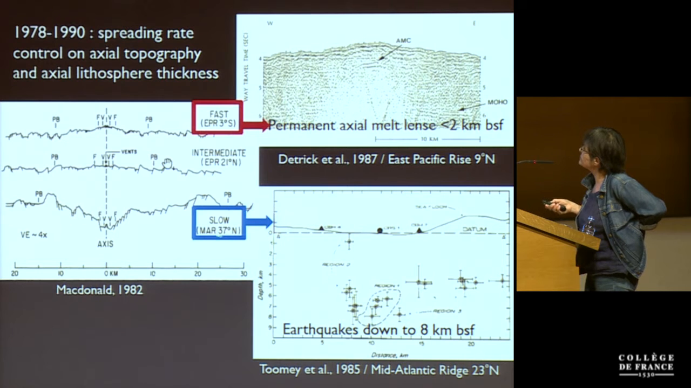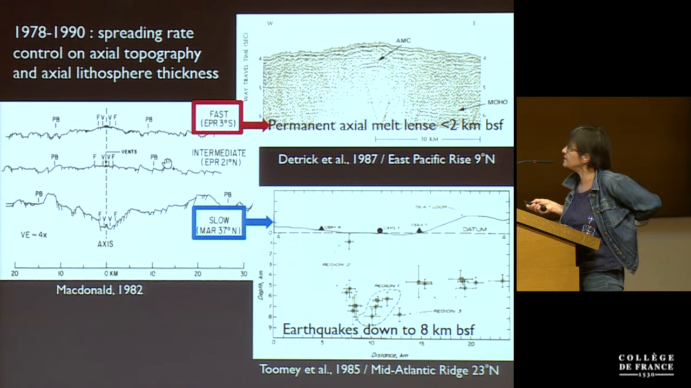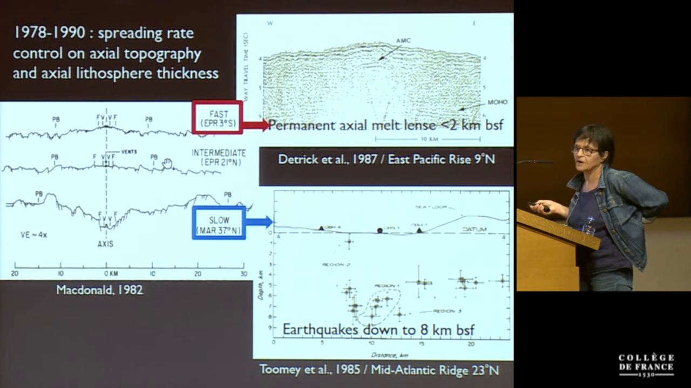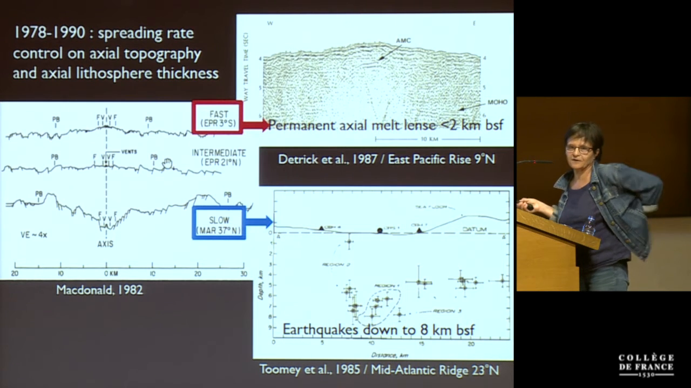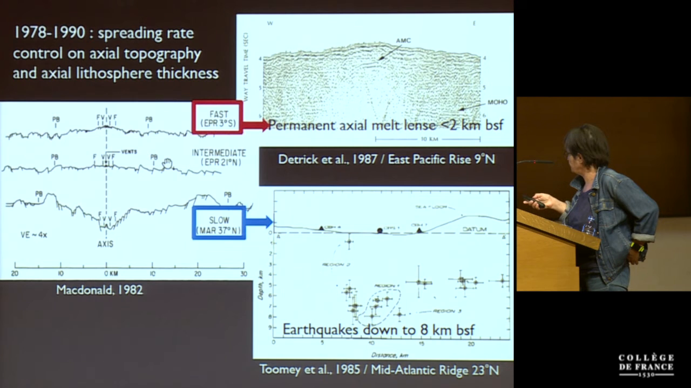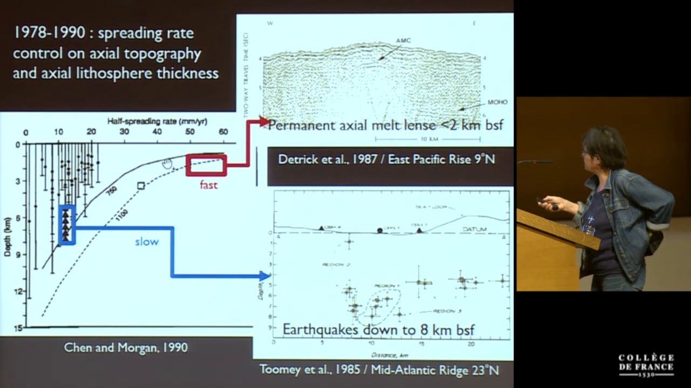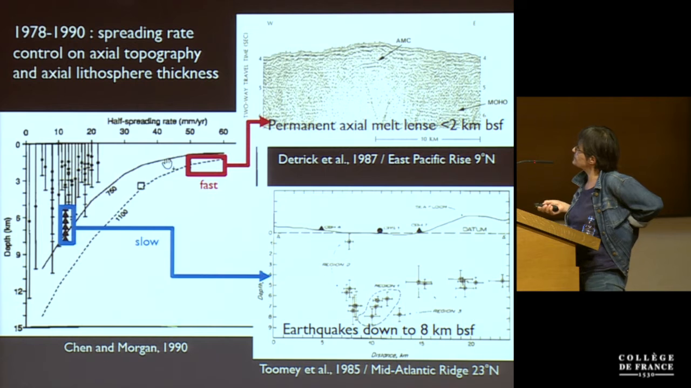And then at slow-spreading ridges, I think a very important geophysical constraint concerns the thickness of this lithosphere that is deformed to produce the axial valley. And it was a paper by Toomey et al. in 1985 that relocated earthquakes measured with OBSs at the Mid-Atlantic Ridge and found that the maximum depth of these earthquakes was 8 kilometers below seafloor, showing that you had a seismogenic layer on axis of at least that thickness. And then there was the first